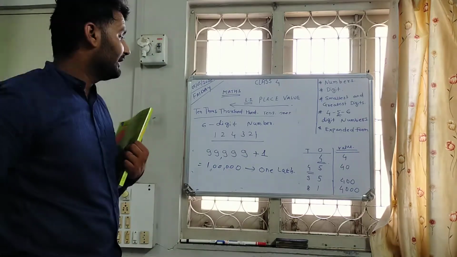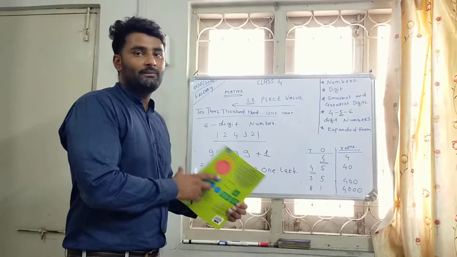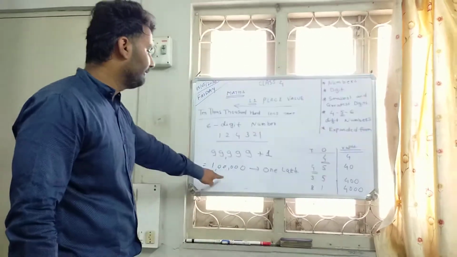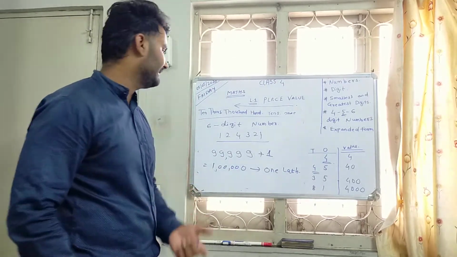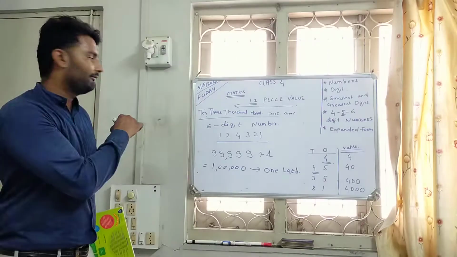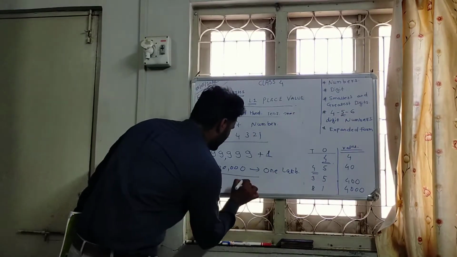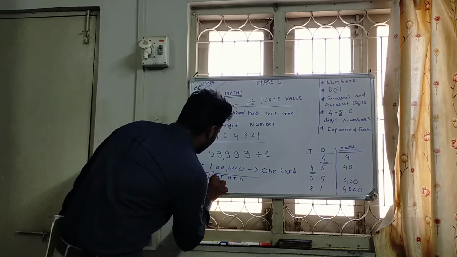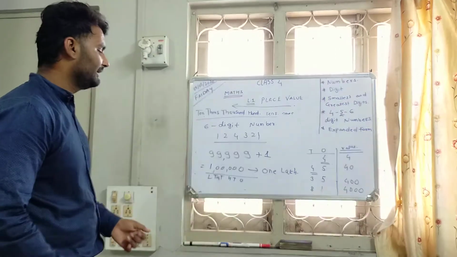In this topic we have to study the lakh period, because previously we studied only till the 10,000 place value. So we get our new place, the lakh place. After 10,000, multiplying by 10 gives the lakh place. So: ones, tens, 100, 1000, 10,000 and lakh. We discuss 6-digit numbers in this topic.